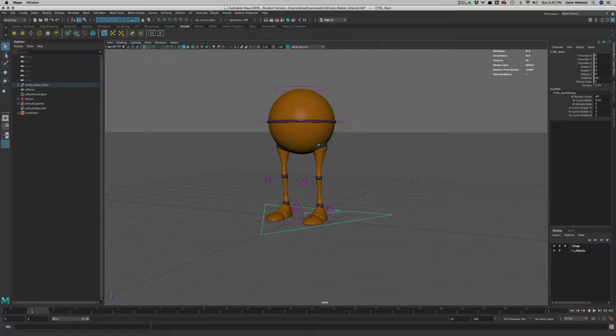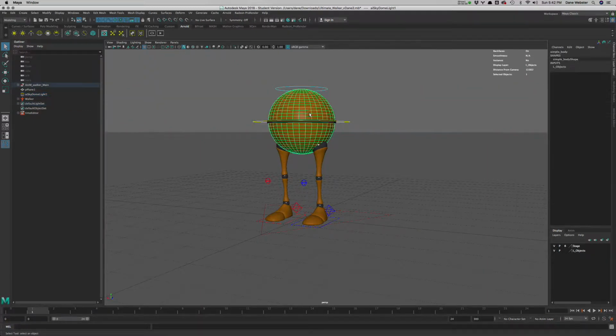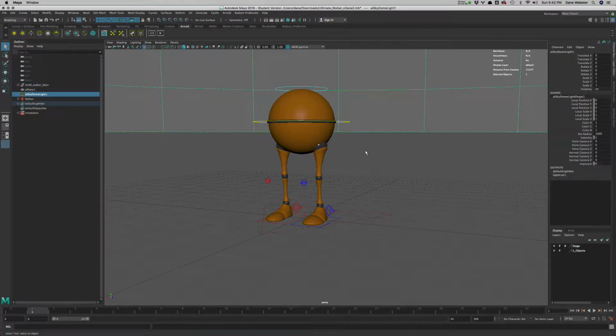It says version Dane 2 because I made a few little tweaks, created a character set, cleaned up a few things, added some Arnold materials to it. And this is in the scene files on Canvas for those following along during the course. Okay, so let's just cover some basics, the idea of how we're going to set this up. Now in class, I've talked about where the various controls are, so I'm not going to get into too much of that. The scene as it came in, if you're working from this, just down below in the range slider